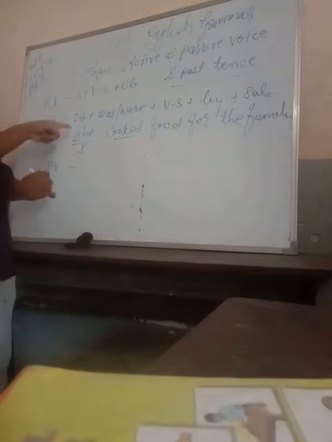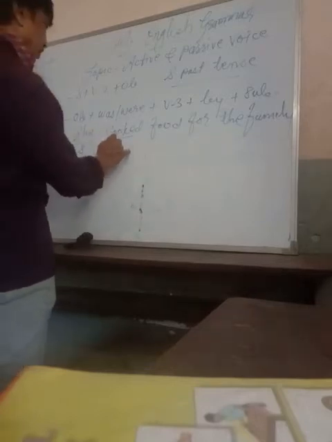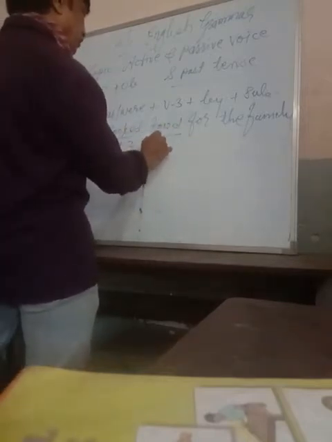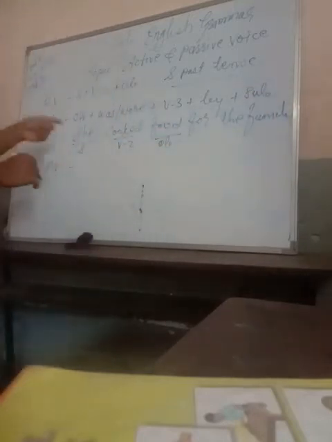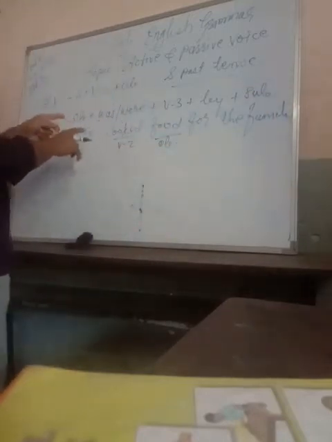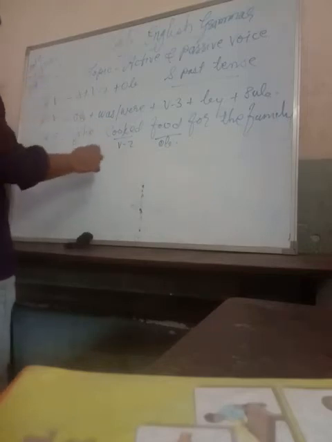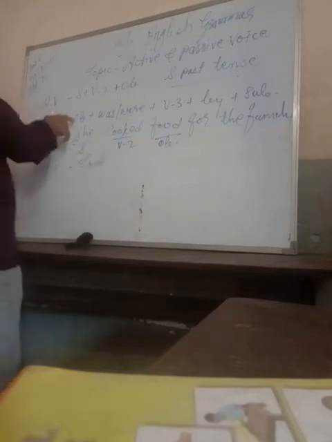As per the rule, first of all, the object comes here. So what is the object? She is the subject, cooked is verb V2, the second form of verb, and food is the object, and this is additional, for the family. So we have to consider these three factors while converting any sentence into passive voice. So what comes now? First, the food will come, as it is written in the formula of passive voice.